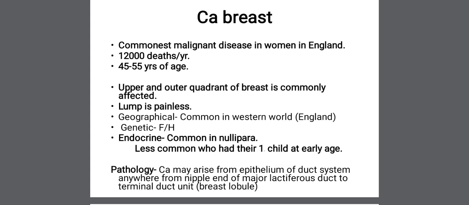Hello everyone. Moving towards the new topic, that is CA breast, that means carcinoma of the breast. This breast cancer is very common. It is the commonest malignant disease mostly in the western countries like in England, and this disease causes about 12,000 deaths annually. It is estimated that 1 in 14 of all female children born will develop the disease during their lifetime. And in spite of an immense amount of investigations, there is still no known cause for this disease,